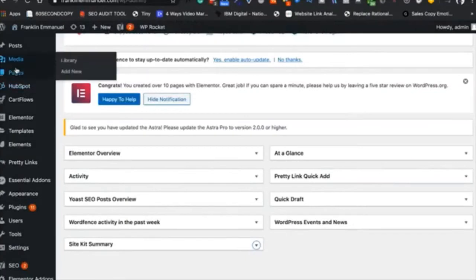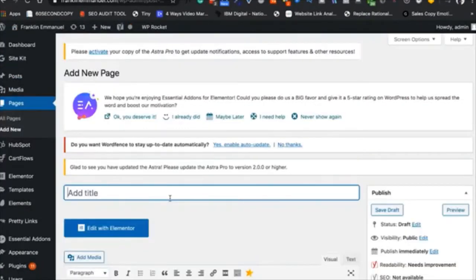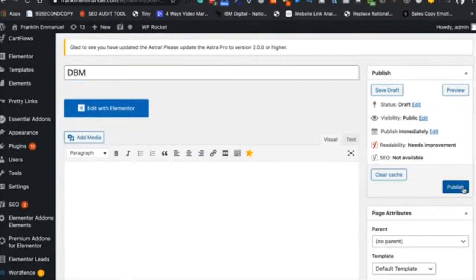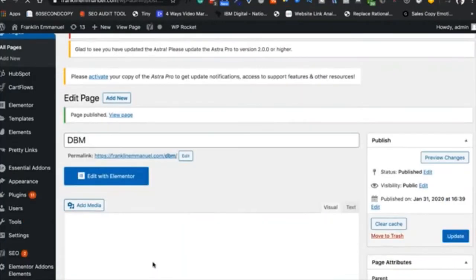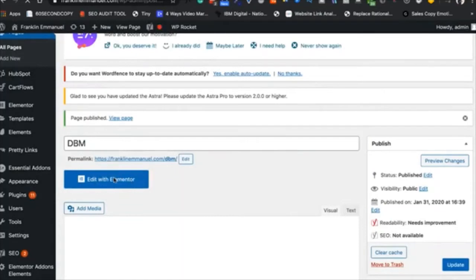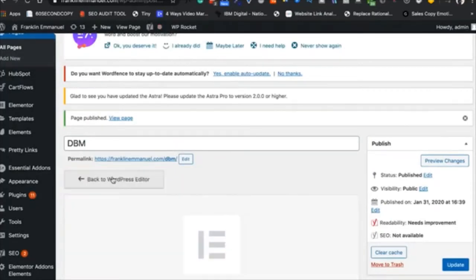Once you're on your WordPress website, all you need to do is create a new page. Once you've created a new page, you can put in a name. I'll just put DBM there, and I want to publish this page. It's actually an empty page right now, but I'm going to publish it and then use Elementor on the page. You can see this button here, Edit with Elementor. This is the very button I am going to click to design the page